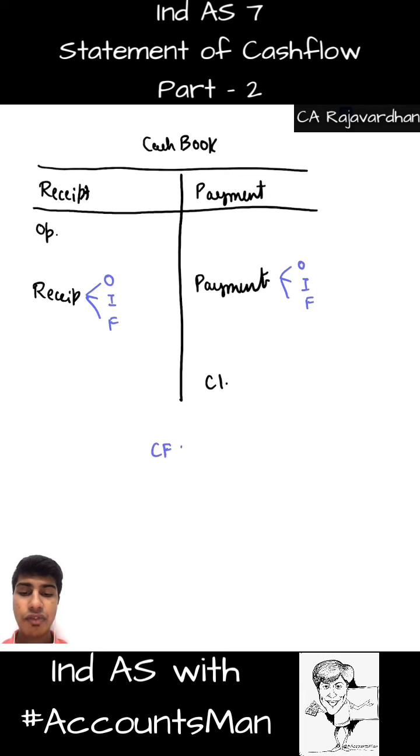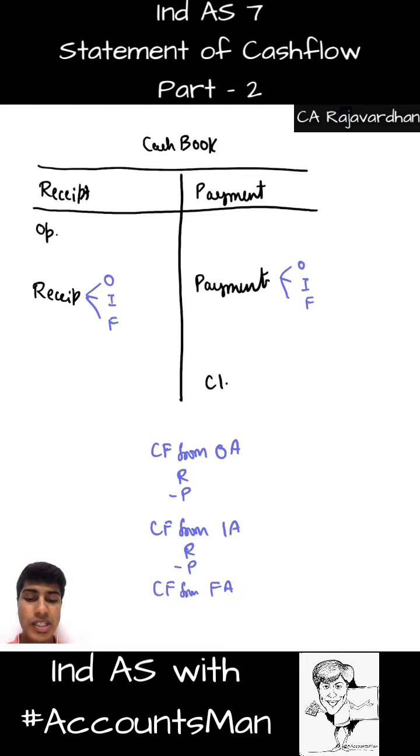I'll write cash flow from operating activities. How will I arrive at cash flow from operating activities? Receipts minus payments. You get that? Next, I'll identify cash flow from investing activities. I'll write receipts, I'll subtract payments. Similarly, I'll do cash flow from financing activities. Once I do everything, I'll add this to my opening cash, then I'll arrive at my closing cash. You get that? That's how a statement of cash flow is basically prepared. However, if it is the direct method, we will not be doing receipts minus payments. We'll be starting with net profit and then changing it. So this is just an overview of how a statement of cash flow is prepared.